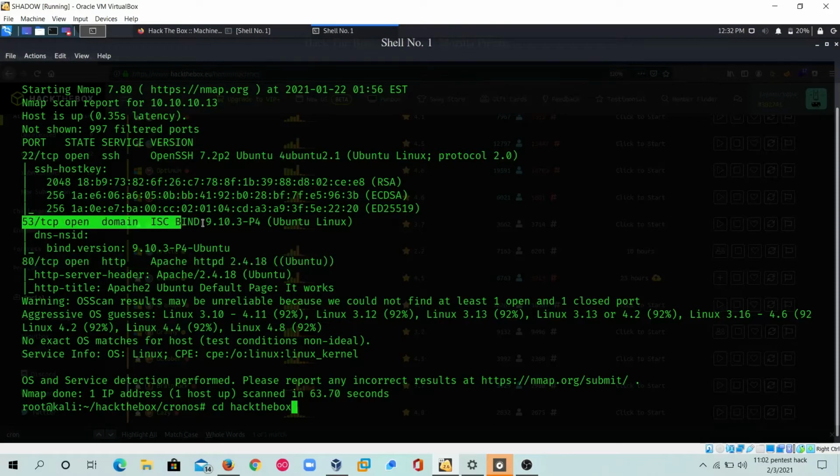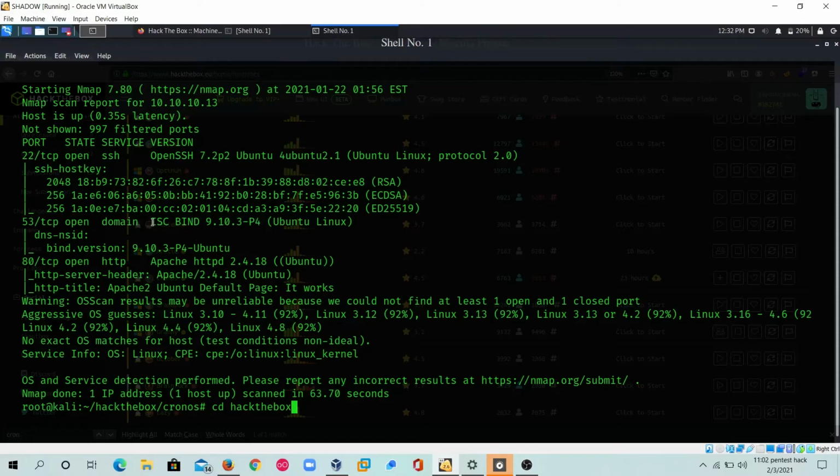So, 53 domain, interesting. In the last video I explained DNS hijacking and DNS cache poisoning, and also how the attacker manipulates the user and gets into the victim's machine by the exploitation of DNS cache poisoning. Here, in this machine too, we have to exploit a domain, because the domain port is open, which is quite likely to help us root this machine.